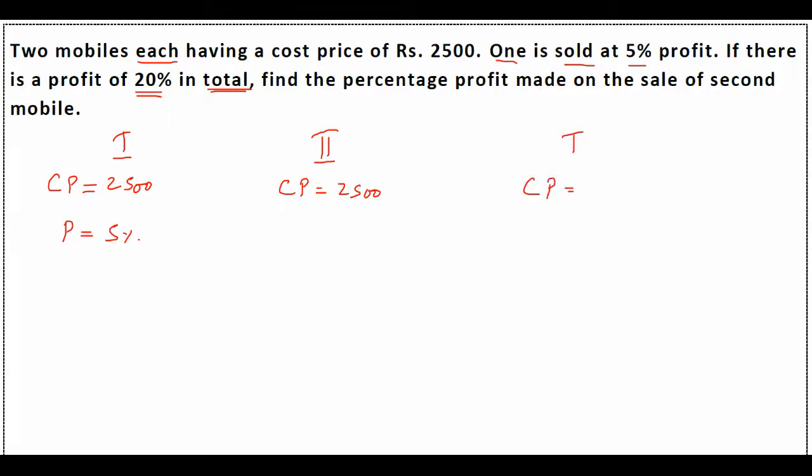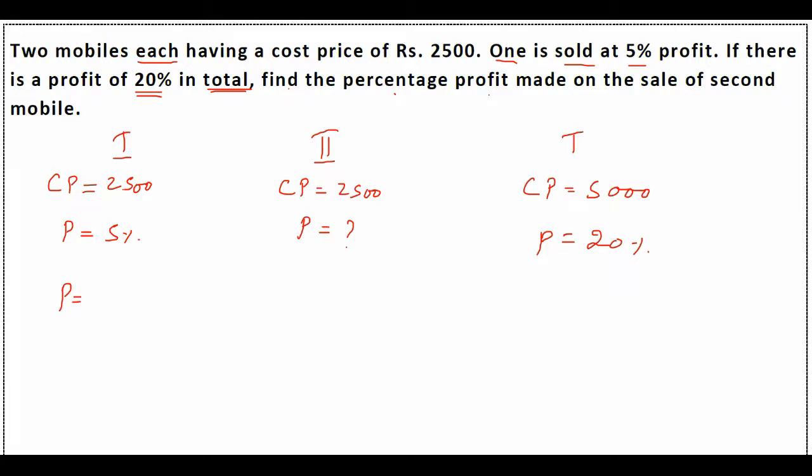So the total cost price will be 2,500 plus 2,500, you get 5,000 here. So the profit percentage is equal to 20%. This profit percentage you have to find out. So that's the answer. Find the percentage profit made on the sale of the second mobile. Okay, let's calculate it. So here the profit will be